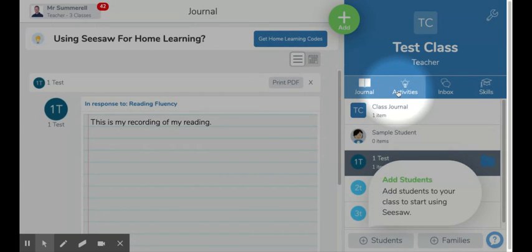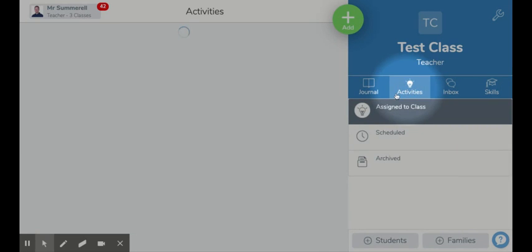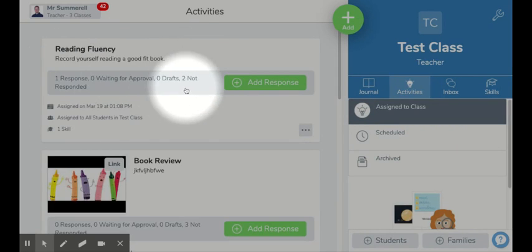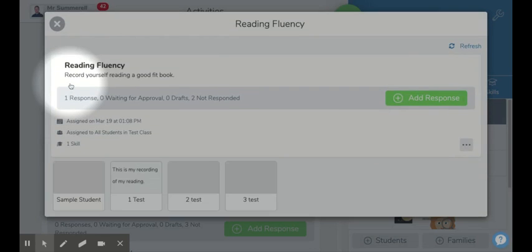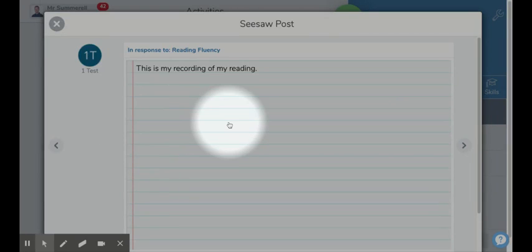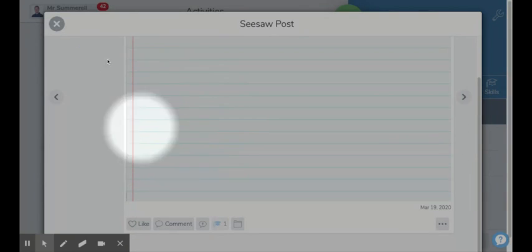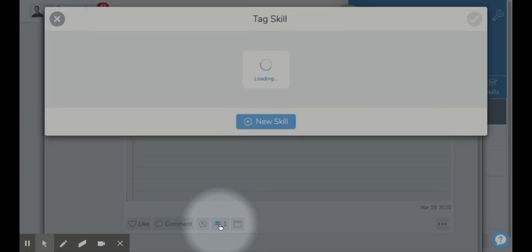All right, once your students have responded to the activity and it's time for you to go in and check them, you go to your activities tab and you'll be able to see any activities you've got here. So you can see this is my reading fluency activity, and I have one student that has responded and I can see it here. For the purposes of this example, I don't have a video, but I have added a note response. So I can go in here to our little teacher hat sign where the 1 is, and I